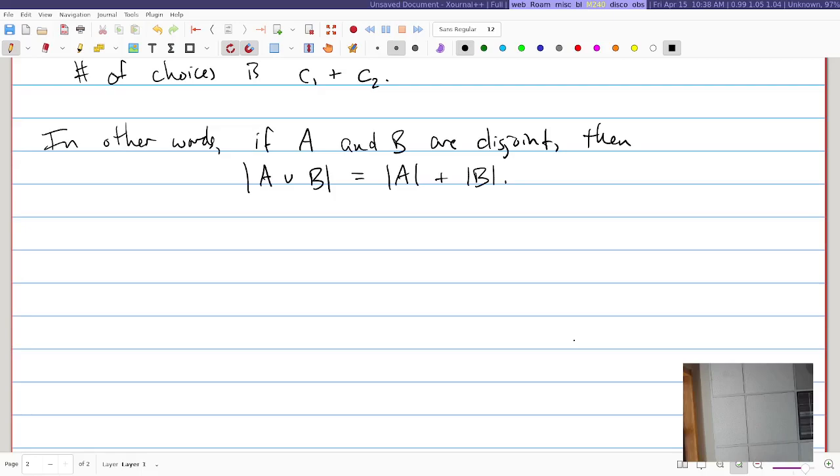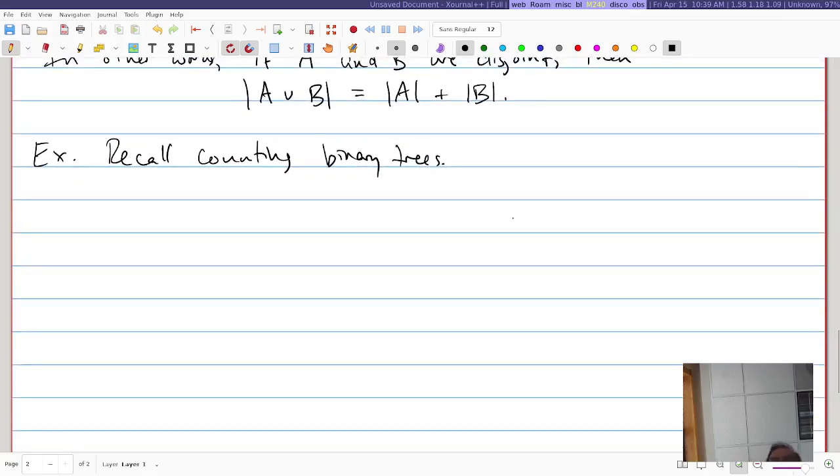So, I want to come back to the example that we did at first about binary trees, because we've actually now seen enough stuff that we can put together in order to figure out some things about trees. So, say we call this counting binary trees. Okay, so for example,